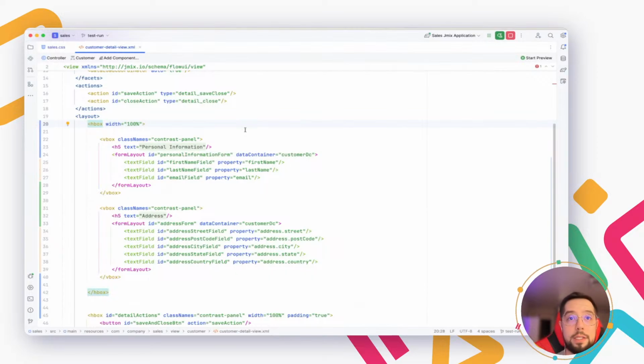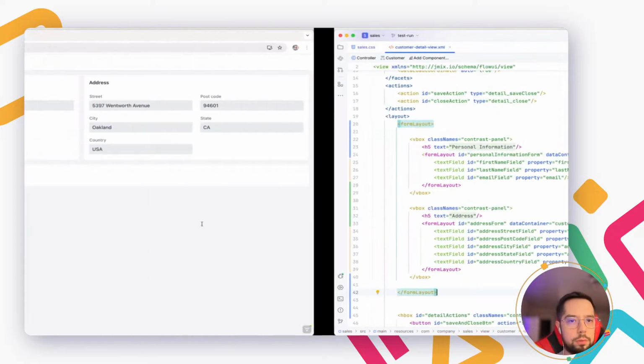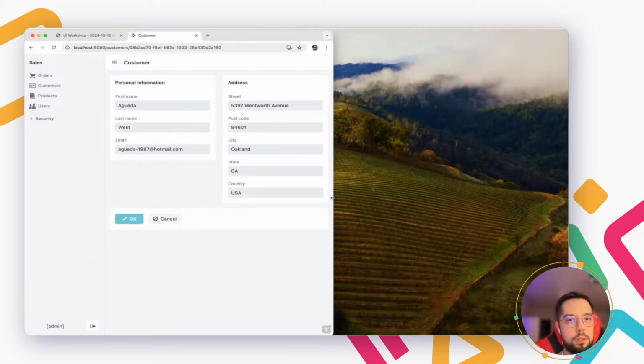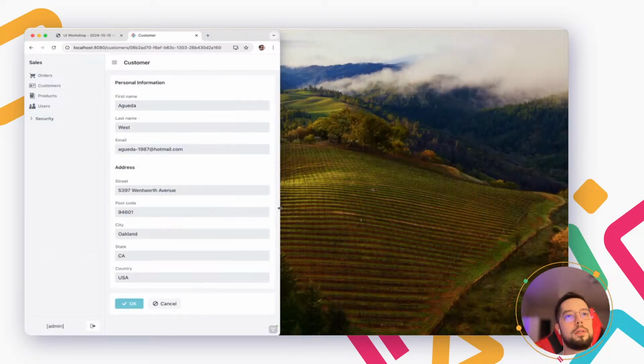Well, I guess that the answer is form layout, as we do with regular fields. Let's change it to form layout. Refresh the page, and let's try to shrink. Okay, it's responsive now, but